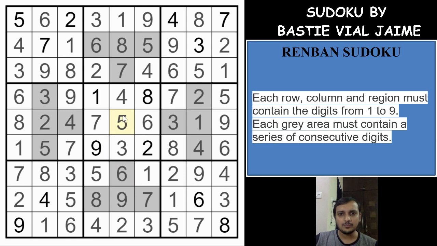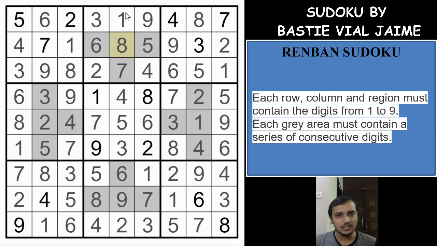And the next breaking point was seeing 9 and 8 in this column. There are only 3 possible places, this and these 2, which makes us believe that there has to be a 6, 7 pair only, because a 3, 4 pair will eliminate the 9 and 8 from these 2 shaded cells also, which has only 1 cell remaining for the 9 and 8. After that, the Sudoku was flowing very smoothly. It is one of the best Renban group Sudokus I have ever seen.